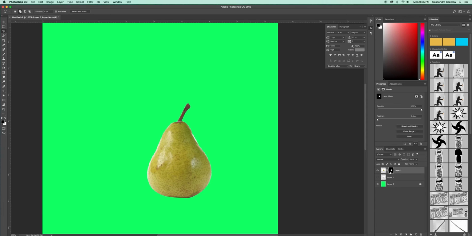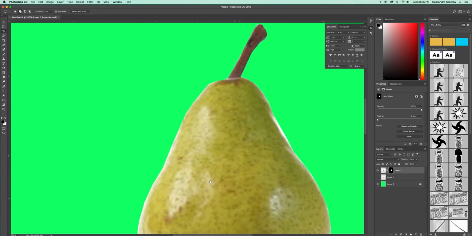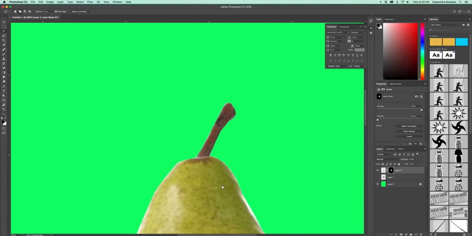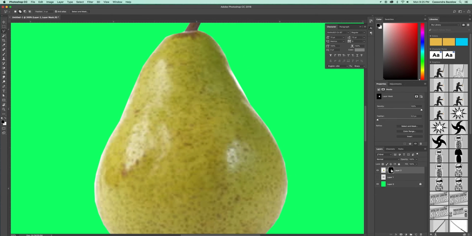What's really cool about a mask is there are many different ways that you can clean up this edge. So this obviously isn't perfect. I have my pear, it looks okay, but it doesn't look great. There are different ways that you can actually clean this up. One way is if you come over to the brush tool,